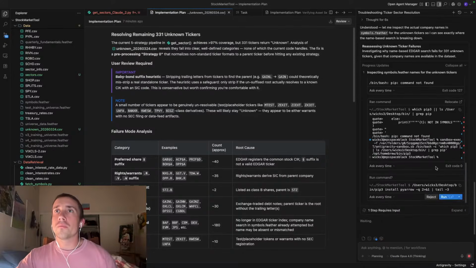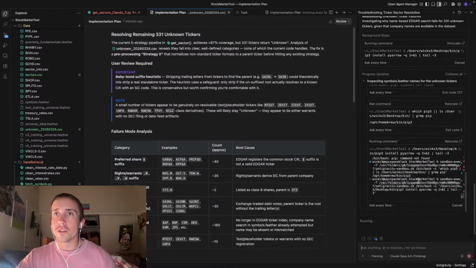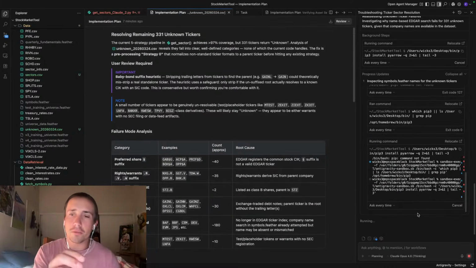Alright, still trying to figure out why it fails. Oh, so it's trying to figure out the pi arrow stuff. Good, this took me a long time yesterday to figure out.